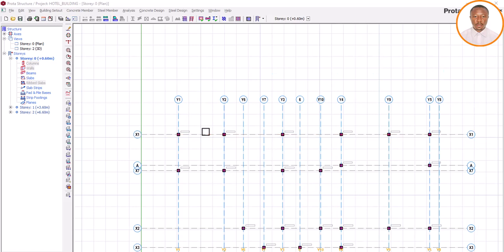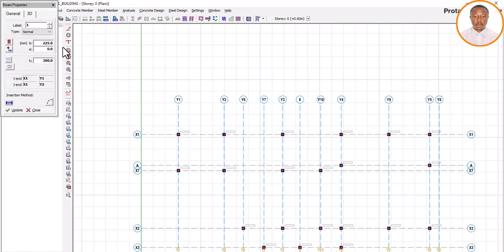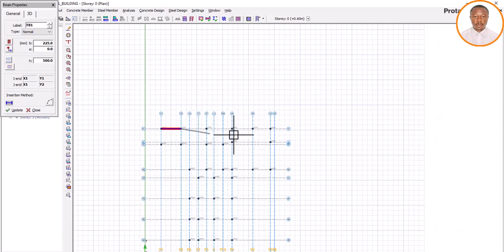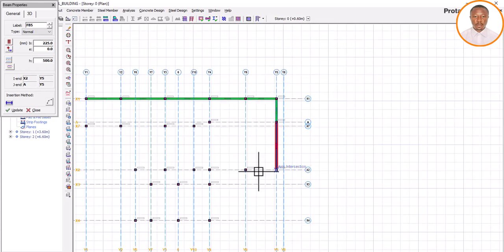So let's start. Then we come to our settings. You click on beam, come to your concrete member and click on beam. Let's set it. Then 225, yes, we can go 225, and let's start with 500. Let me use 500 because it's not a big story. I can decide to use 450, but let's just make it 500, not to waste our time. Then I start to input our beam from column to column. So I continue to this point. Since I've been doing this structure, I already know the movement of